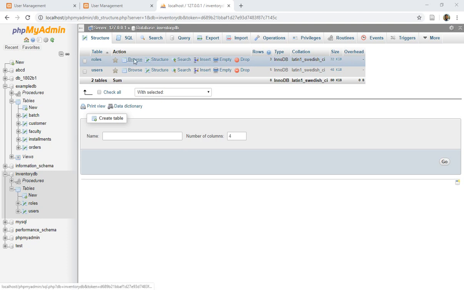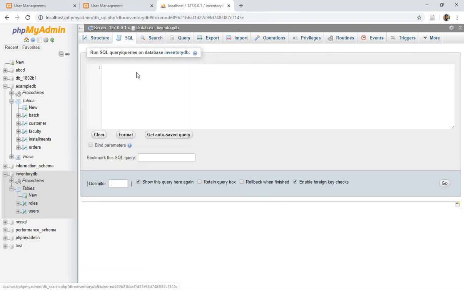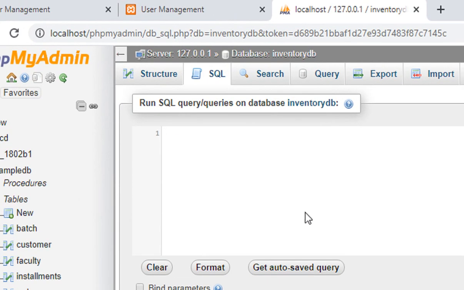for suppliers. Right, that's my MySQL, phpMyAdmin. Click on the SQL. I have already selected the inventory DB database by clicking on my database name, and now I have to write the query for suppliers. So create table suppliers, come inside the table,